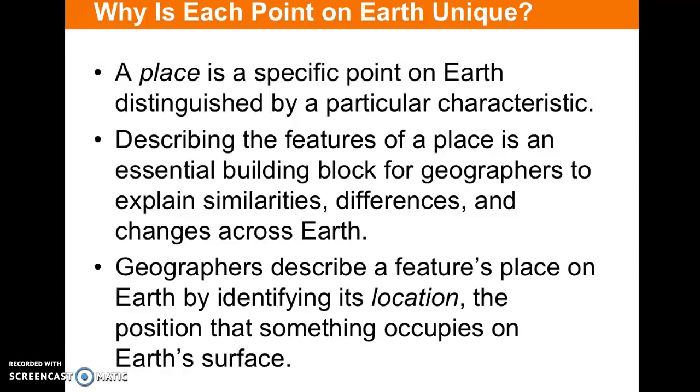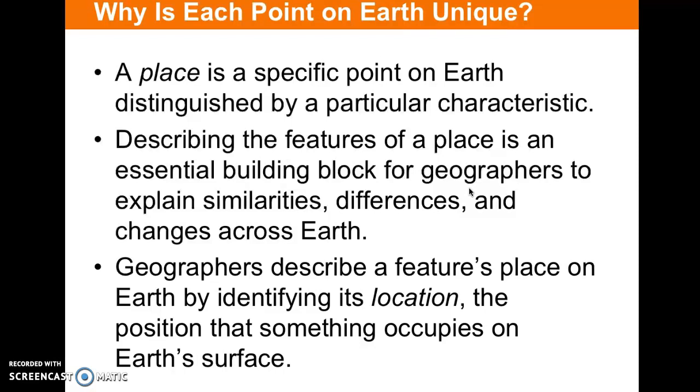So in South Florida, our location would be 27.6 degrees north, 81.5 degrees west. That's our latitude and longitude. We're bordered by the Atlantic Ocean and the Gulf of Mexico. We're at sea, that's how you're going to find out where we are. We're next to Georgia. If you're looking at its features, its place, we're a state that's at sea level. We're a place with sandy soil, tropical to subtropical climates. Because we're on the banks of so many bodies of water, we're a tourist destination.